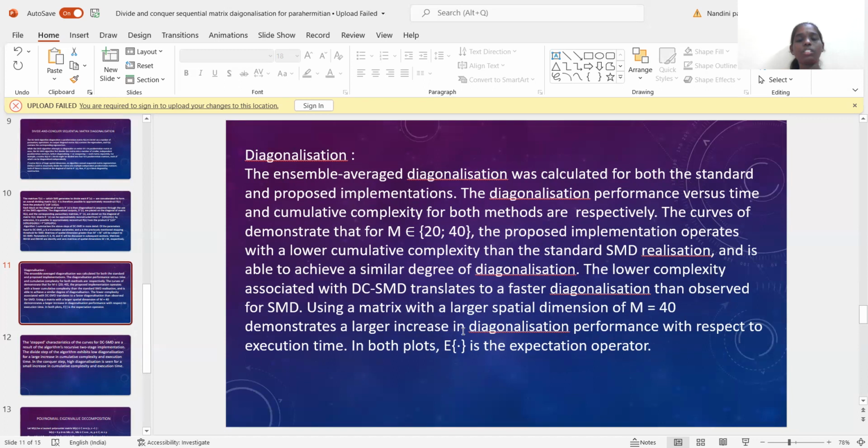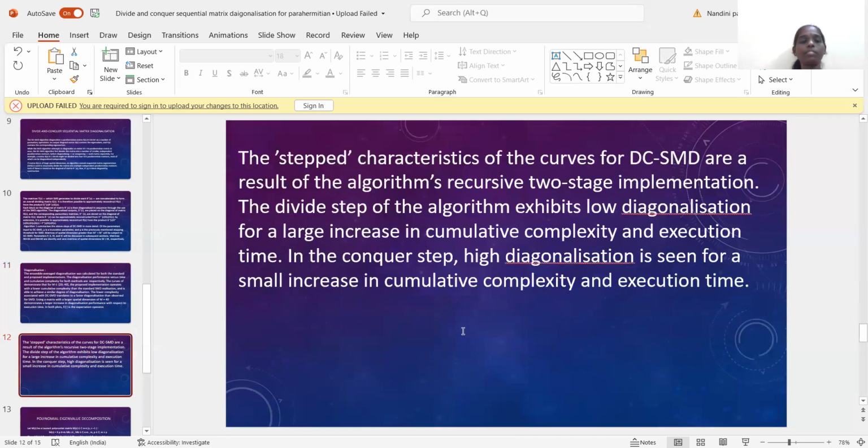In both plots, E is the expectation operator. The stepped characteristics of the curves for DC-SMD are a result of the algorithm's